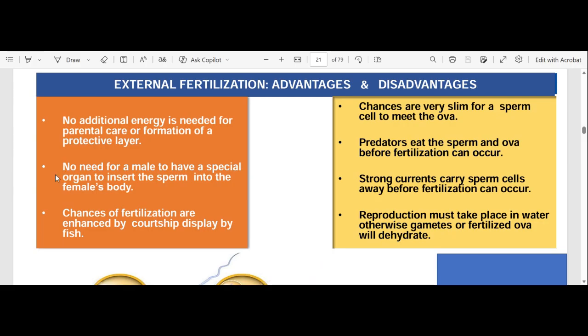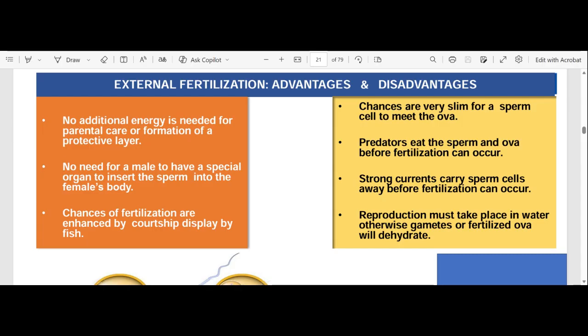So let's start here. No additional energy is needed for parental care or formation of a protective layer, right? So that's an advantage. There's no energy that needs to go towards that. Okay,